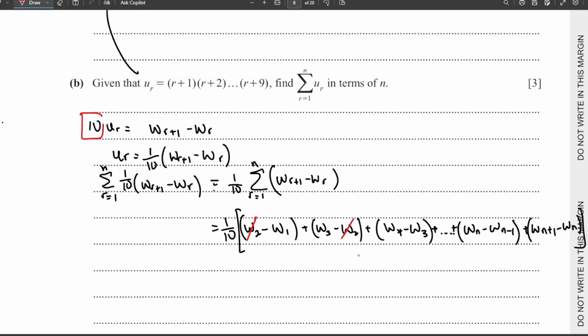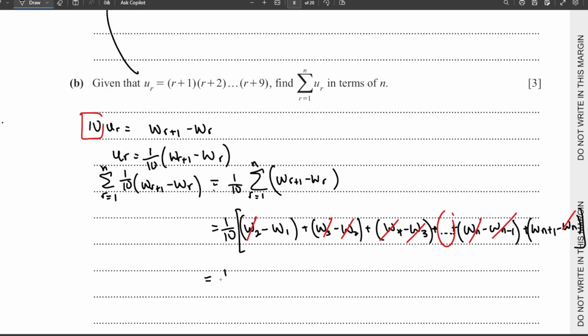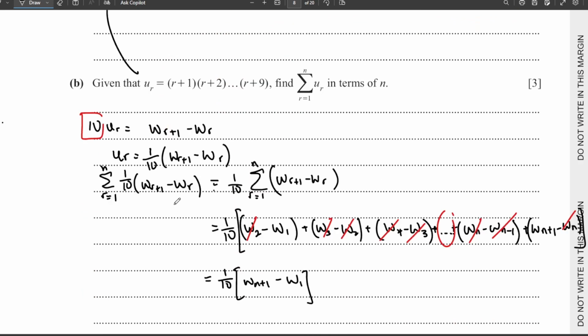W2 will cancel out by W2, W3 by W3, W4 will be cancelled out by something inside, and so on and so forth. Wn will be cancelled, Wn minus 1 will be cancelled by something in here. Okay, so the only two things that are left after the cancellation will be Wn plus 1 and W1. Okay, so as we've proven before,